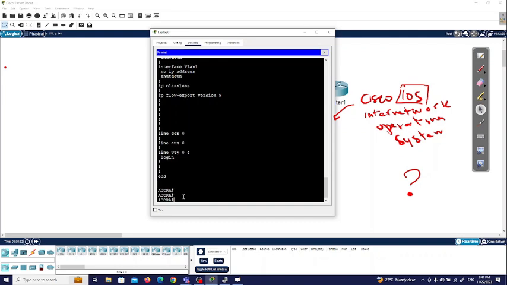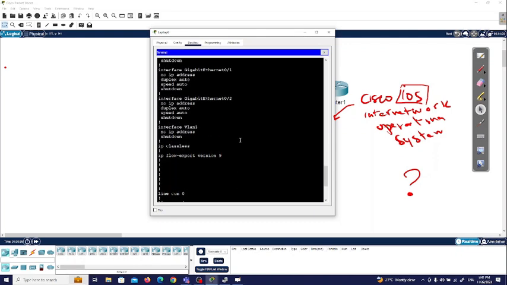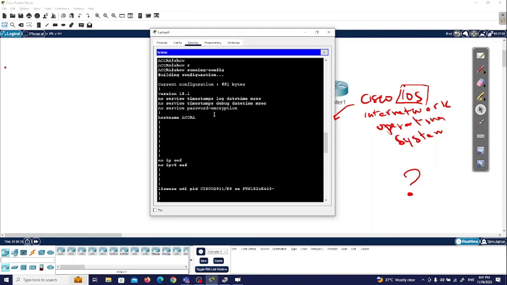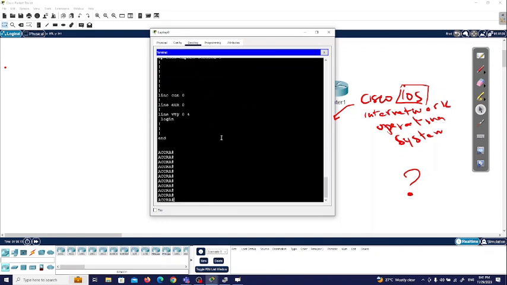So now this is the running configuration file we are looking at, and if I want to check the startup configuration file, I can use the command show startup config. If I press enter, you see right now it is saying the startup config is not present. There is no startup config file present,